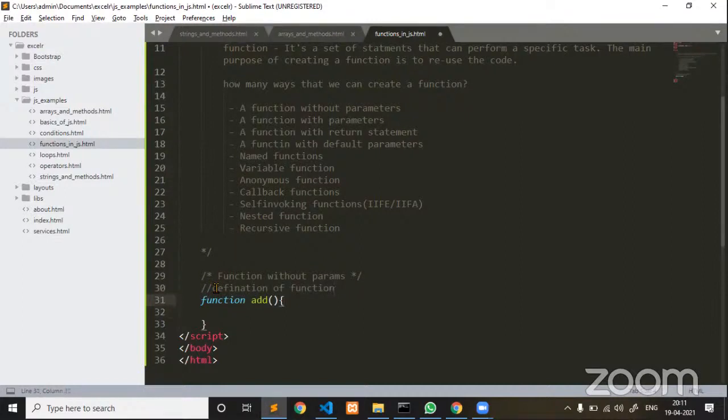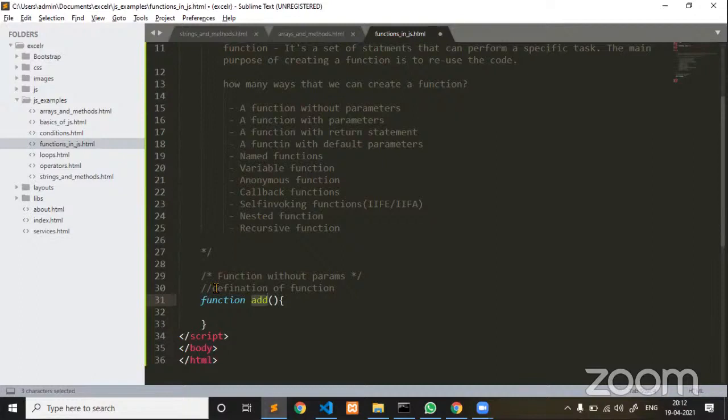function is a keyword which helps us to define a function, followed by the function name. Here, whatever rules and regulations I explained during identifier creation apply. Rule number 1, the identifier name should not be a reserved word. Rule number 2, the identifier name should not start with a number. Rule number 3, the identifier name should not contain any special characters other than underscore and dollar.